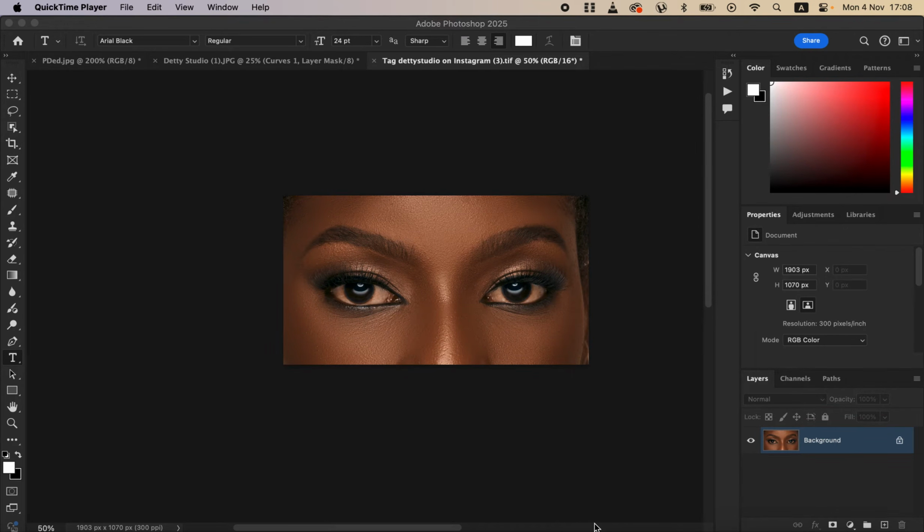In this tutorial, I'll be showing how you can easily and simply whiten eyes in Photoshop, and you can use the same technique for teeth whitening when it comes to Photoshop. So I'm going to be showing how you can whiten eyes and teeth in Photoshop, and later on how you can create an action or a shortcut that is going to help you do it with just a